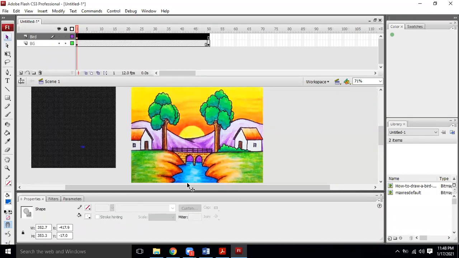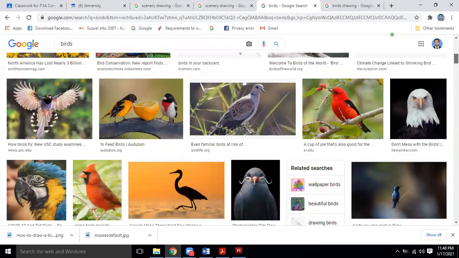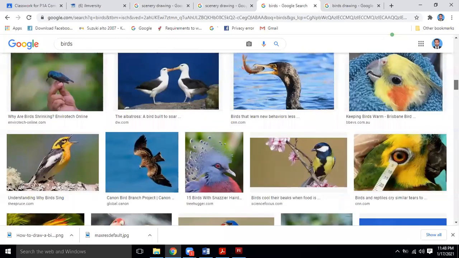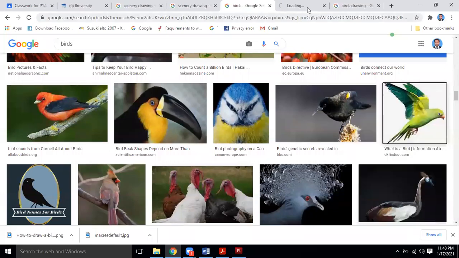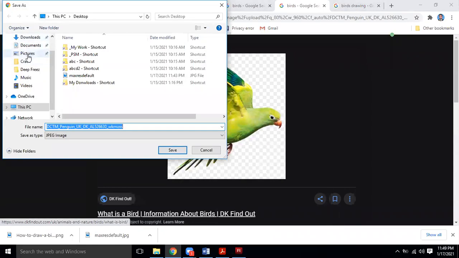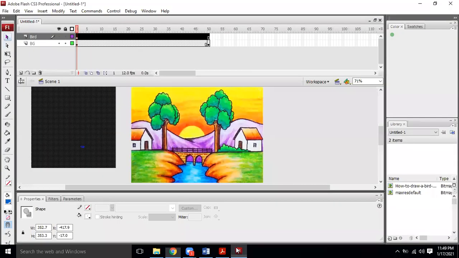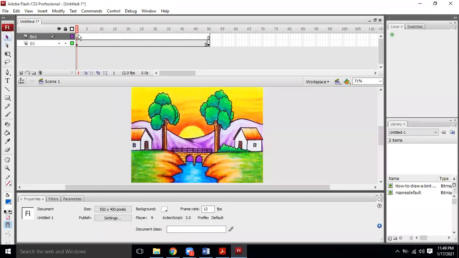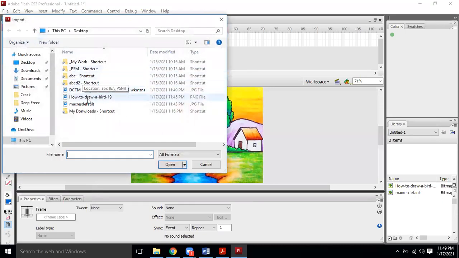So what is better is that I should take an image which is not a PNG image. Otherwise, it is not going to create a good effect, because when the image is transparent and you can see across it, it is not giving a good impact. We can take this one. Okay, I save it on my desktop. I come over here in my Flash, I delete this, I click over here, I go to File, Import to Stage, and I take